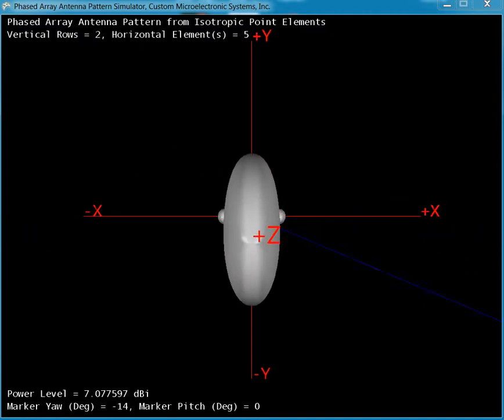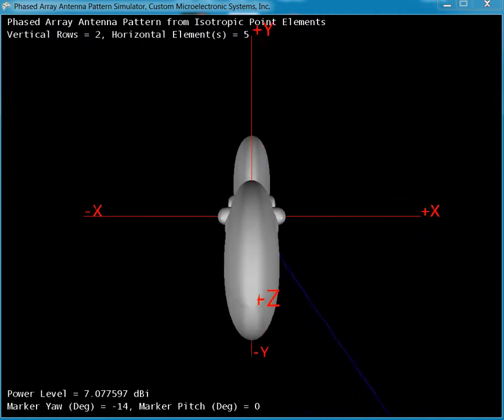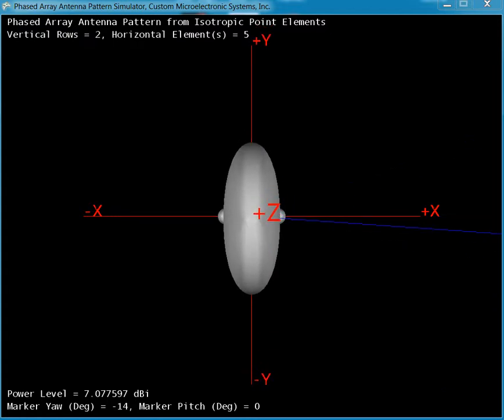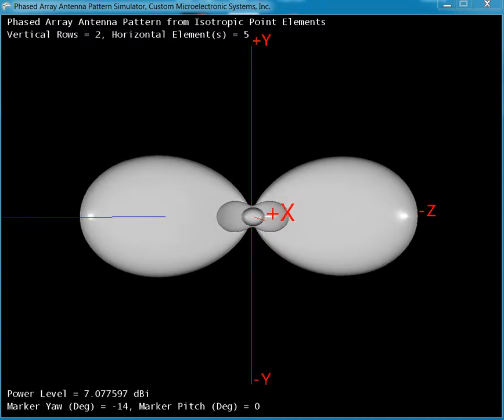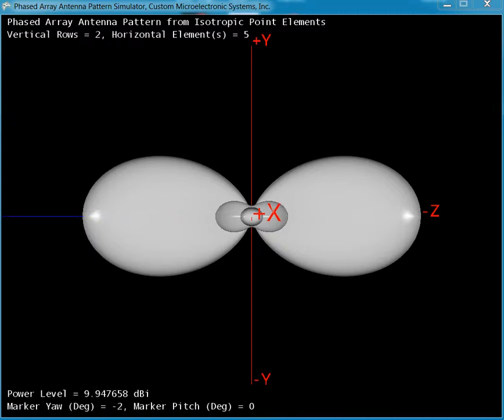I'm going to point it down so we can, well, perhaps point the side would be best. Okay. We're up to 10 dBi. Again, this is 2 vertical rows with each row horizontally 5 point sources. 10 dBi,